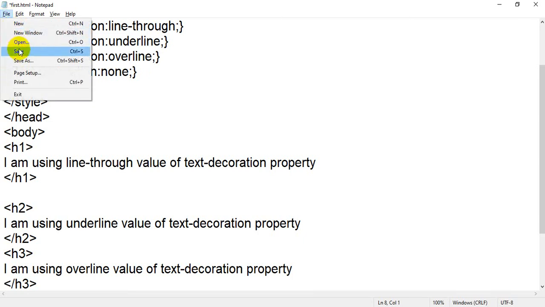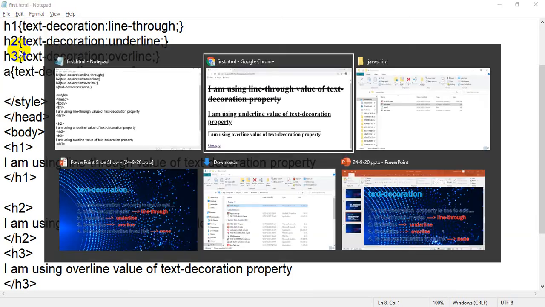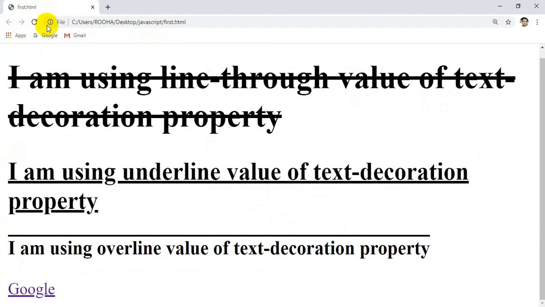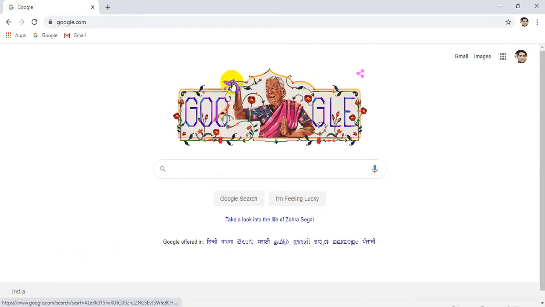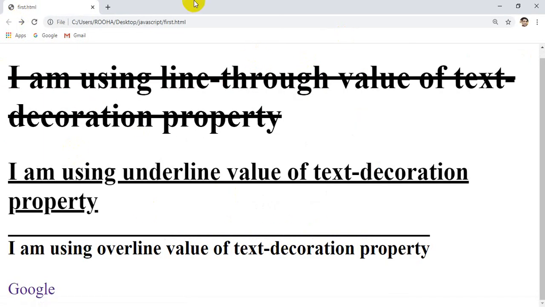When I click on save, flip back to the browser and click refresh, the underline is removed. Now the underline from Google has been removed. When you click on that, it will take you to google.com.